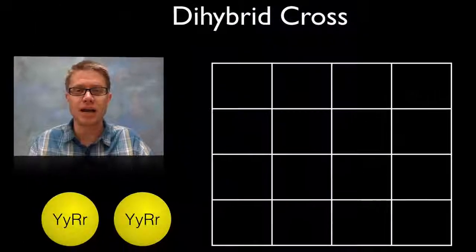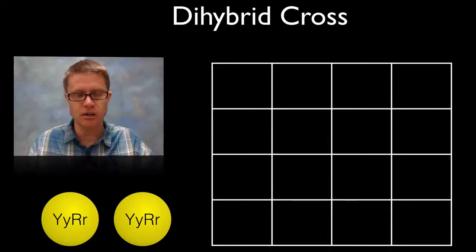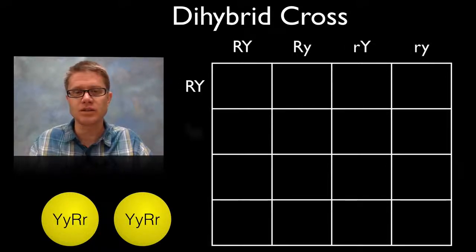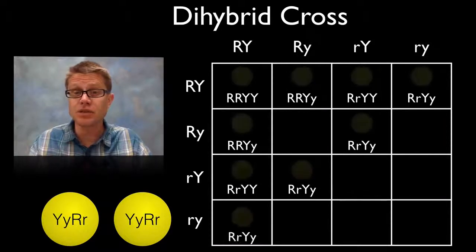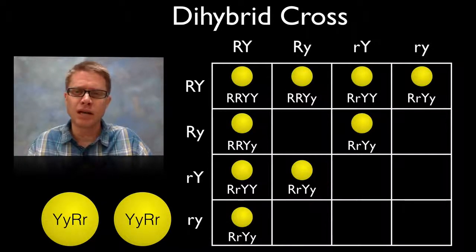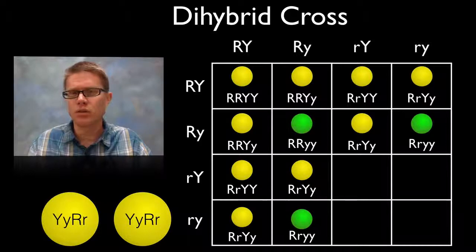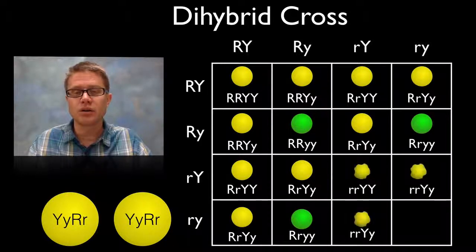And so if we were to play that out, using just a Punnett square, we'd have to put all those possibilities on one side, all those possibilities on another, and we'd find that all these individuals are going to be round and yellow. These 3 individuals are going to be round and green. These 3 are going to be wrinkled and yellow, and only one of those 16 possibilities are going to be